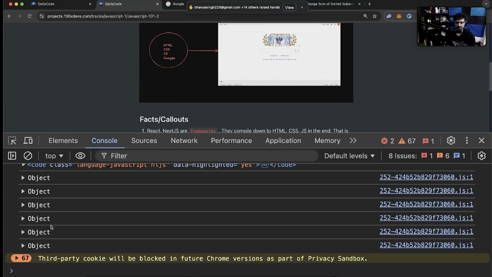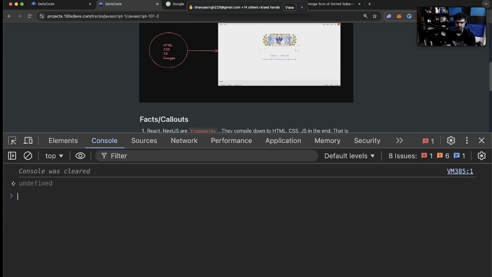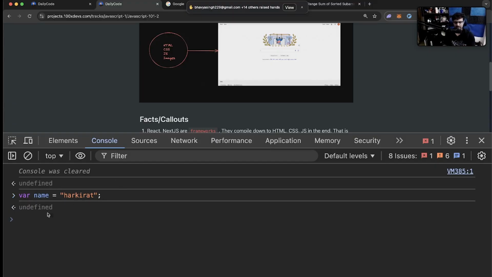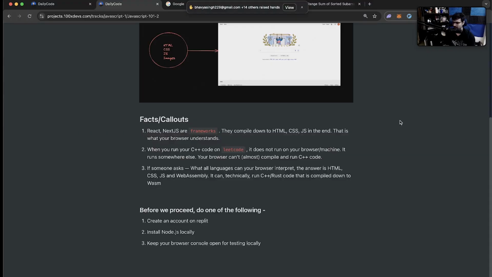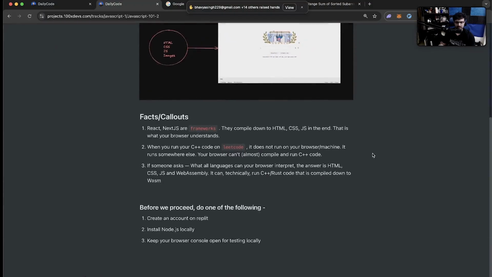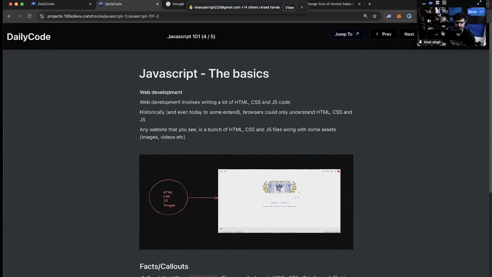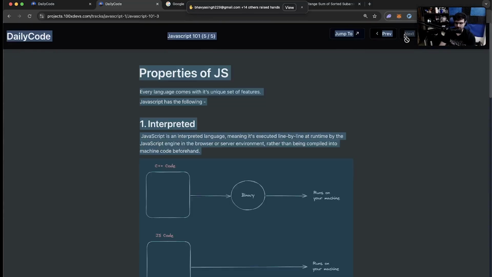You will see a bunch of things here. You can clear them by calling the clear function, and worst case you can write JavaScript code over here, like name equal to Harkirat. This is just some JavaScript syntax we will be getting to very soon, but worst case you can write code over here. Best case you can write code in one of these two platforms. So quickly try to do one of these two, and if it doesn't work, then you also have a third way to run JavaScript locally. All right.